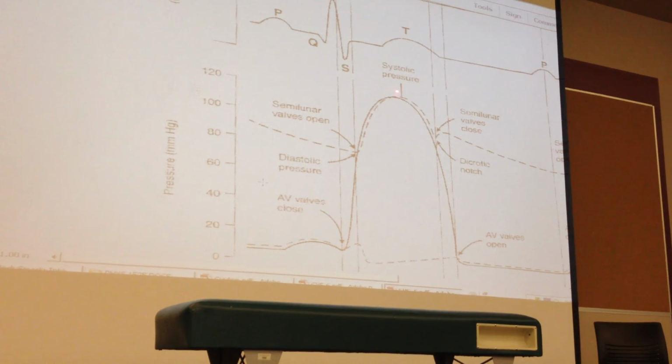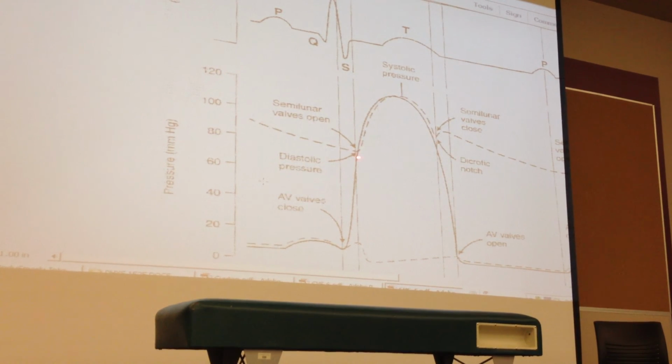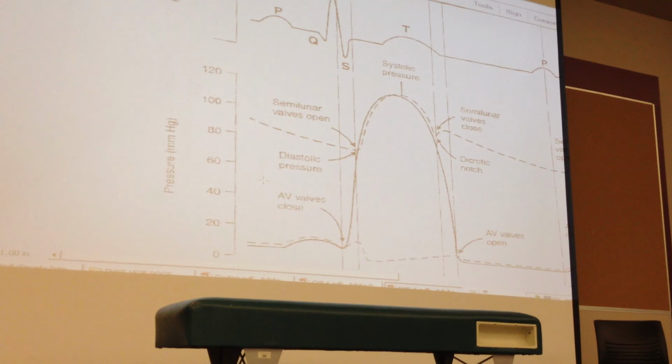It's at the end. Take a look at the peak of the pressure. When is the blood pressure highest? Blood pressure, not the pressure inside the ventricle. When is the blood pressure the highest? At the beginning of the ventricular ejection period? Now, the pressure is higher where? At the middle of the period of ejection.